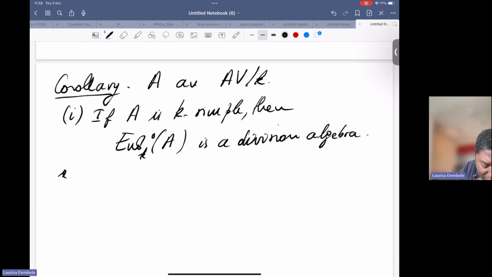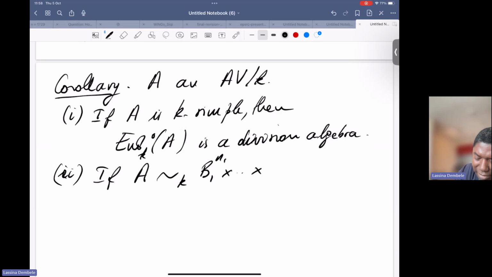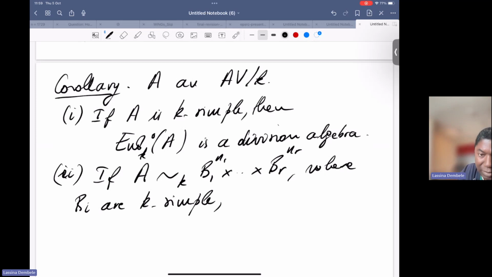And the second part of the statement says that if, on the other hand, A is isogenous over K to a product of simple abelian varieties, where the Bi are K simple, then